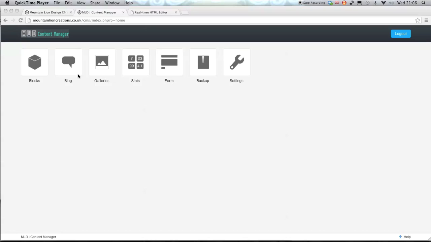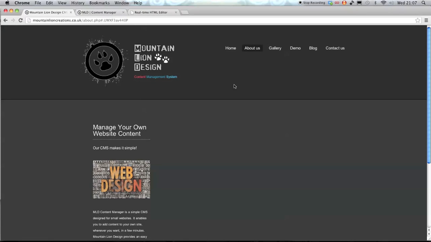Hello, this is Helen Martin from Mountain Lion Design, and in this tutorial what we're going to be looking at is how to enter in and edit the text and images that you want to go into your web pages by looking at the blocks elements out of the 7 elements that we have on our admin section in the content editor. So I'm just going to flip over to the front end of our demo website, and as you